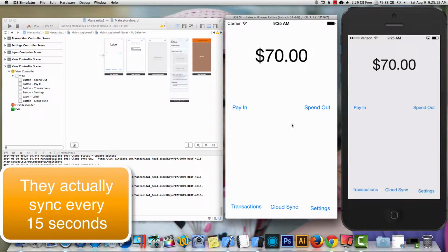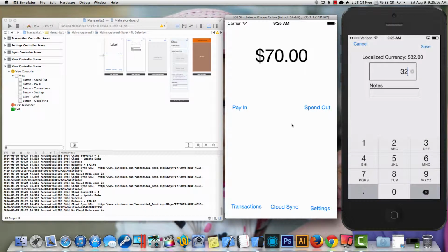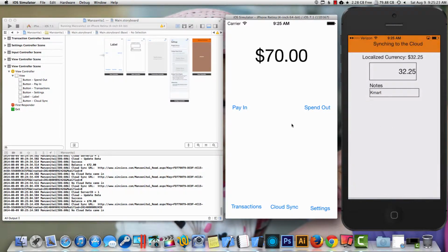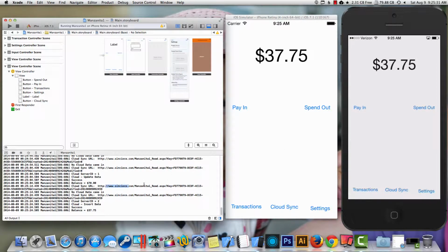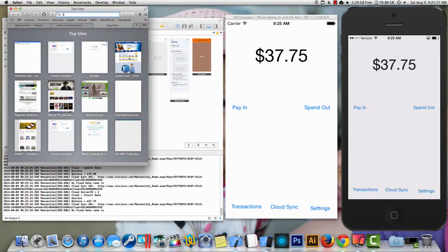So again, on the real iPhone, let's enter some test amount here. $32.25. And let's say it's Kmart, whatever. Hit save. And you can see on the simulator. And again, the data is being uploaded to synching.com. And the way it works is, let me show you actually. Let me log on to my